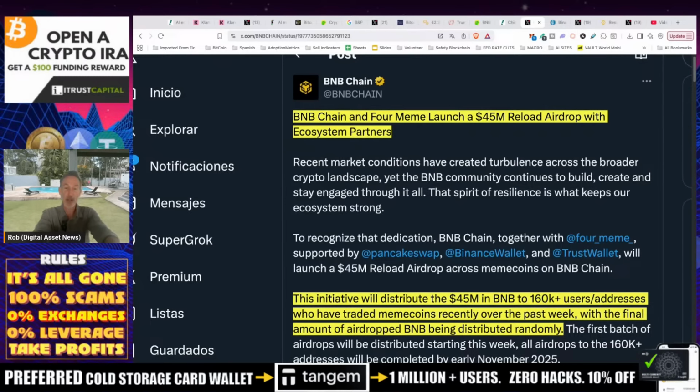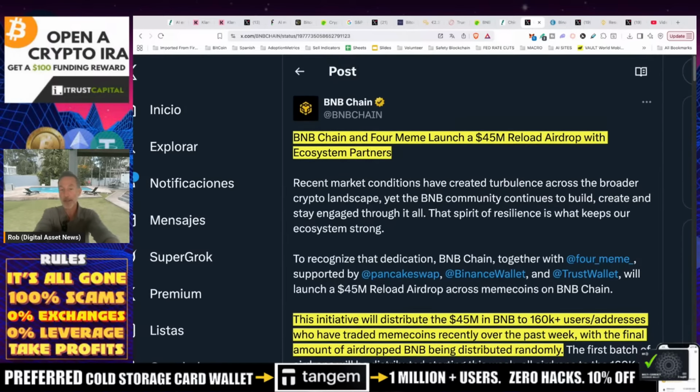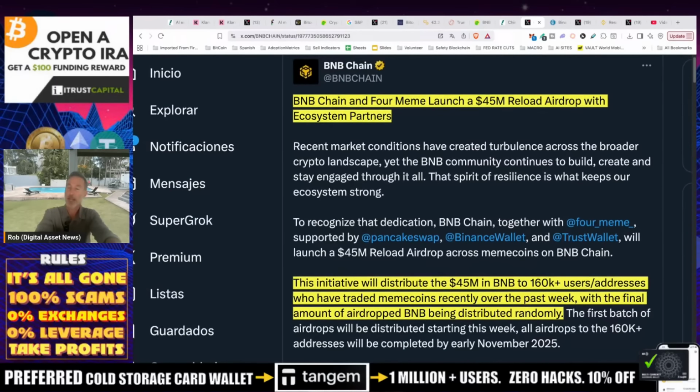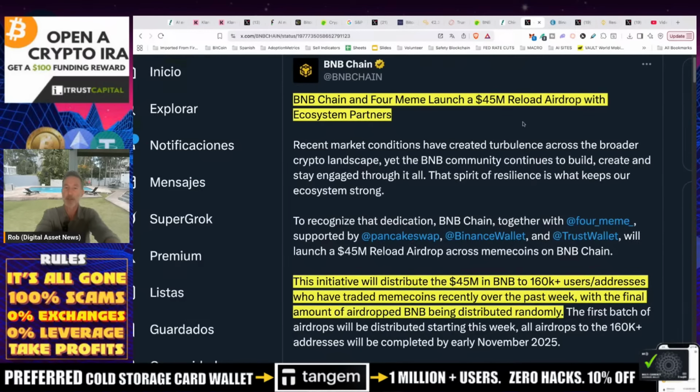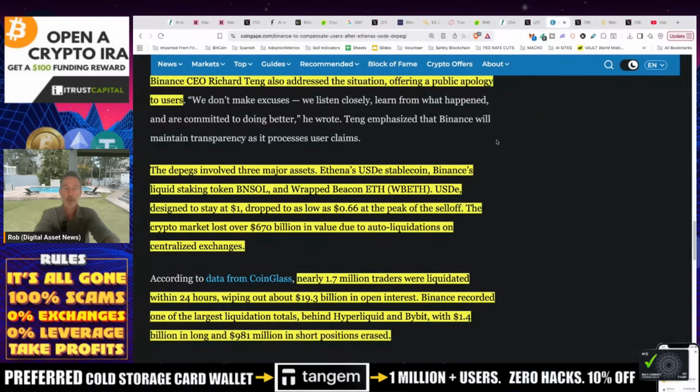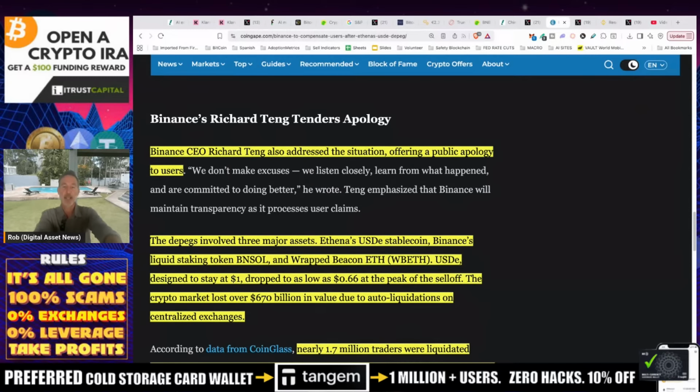Looks like you're going to get an airdrop. More details will come out later. I'm kind of flabbergasted as to why they do that, but hey, that's great. And then on top of that, there was a post from the CEO of Binance, Richard Tang, and he actually